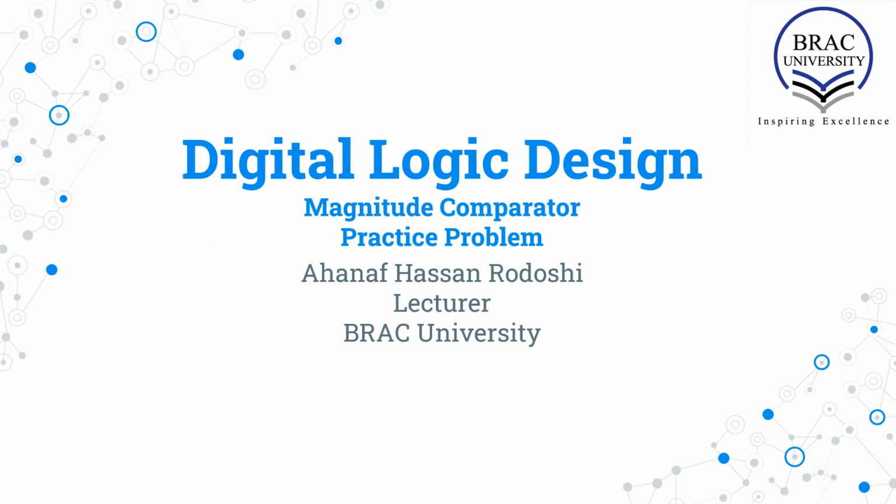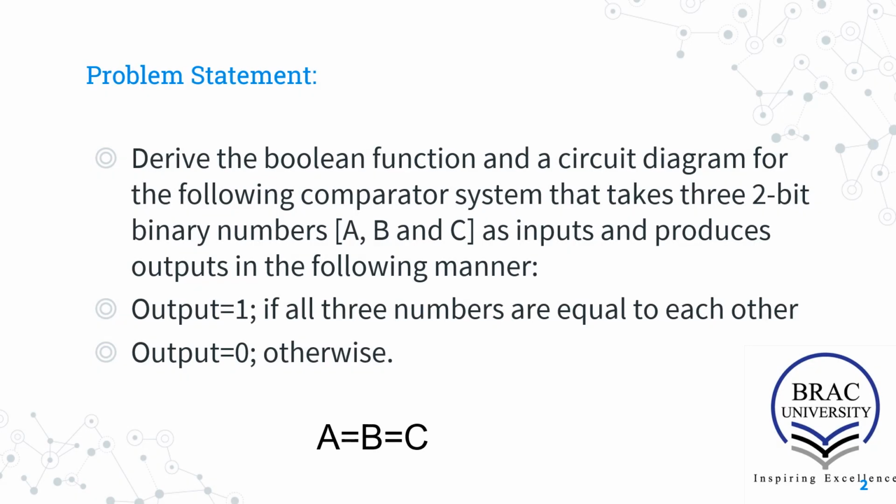In this segment, we're going to look into a practice problem on magnitude comparator. So the problem statement says, derive a Boolean function and a circuit diagram for the following comparator system that takes three 2-bit binary numbers as inputs, and the binary numbers are A, B, and C, and it produces the outputs